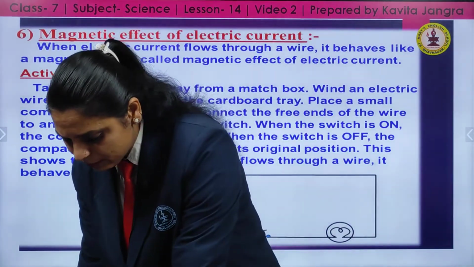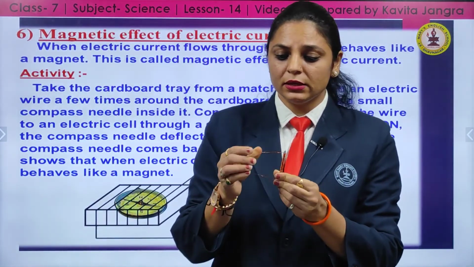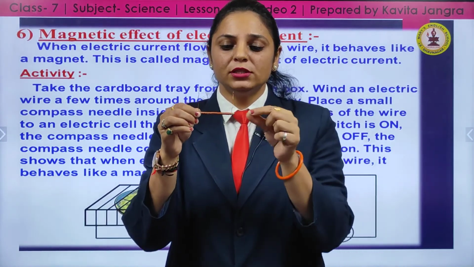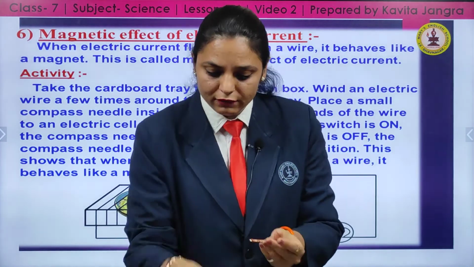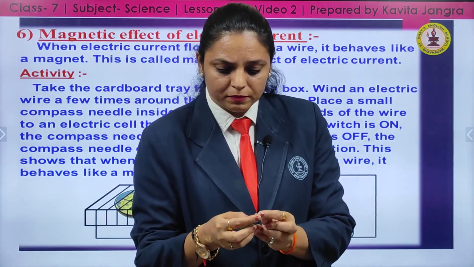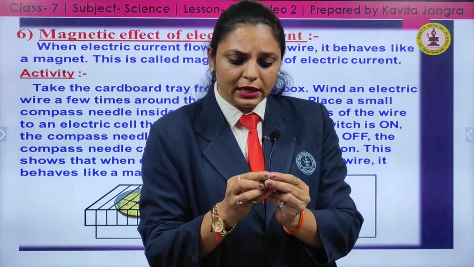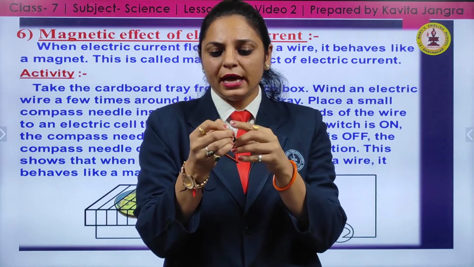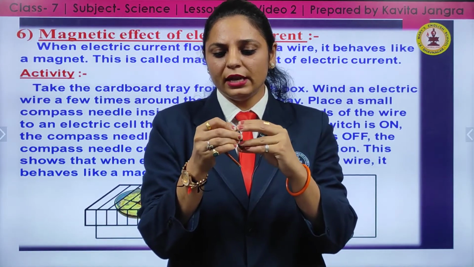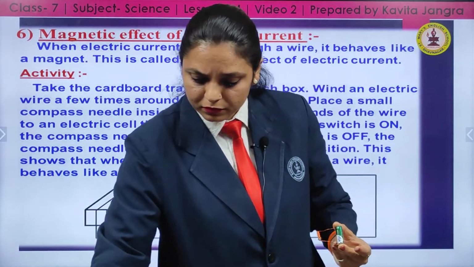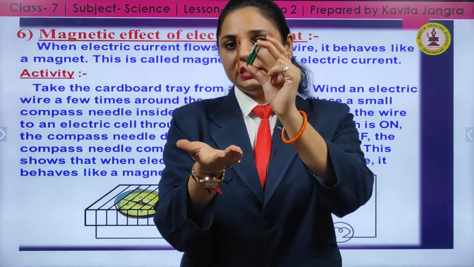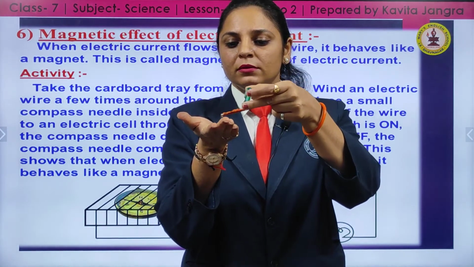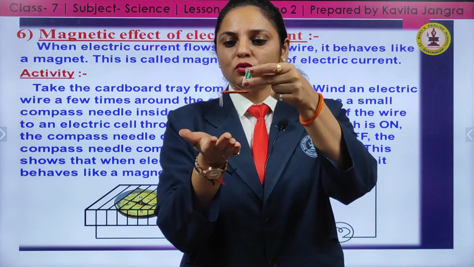This I want to show you with the help of an experiment. What you have to do is take insulated copper wire, wind a number of turns on this iron rod, and keep it in contact with the cell. When you bring this in contact with the cell, what will happen? Earlier this iron was not sticking to any material, but now if you observe, with this number of coils, it will start attracting the pins. The pins are getting attracted towards this.